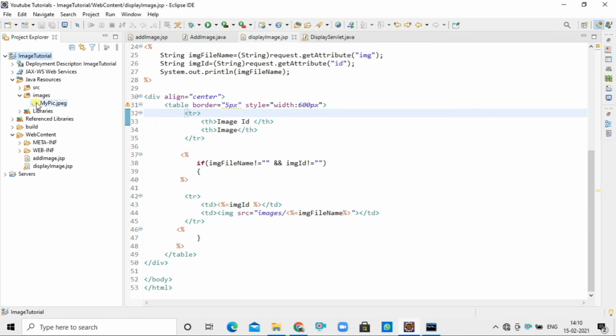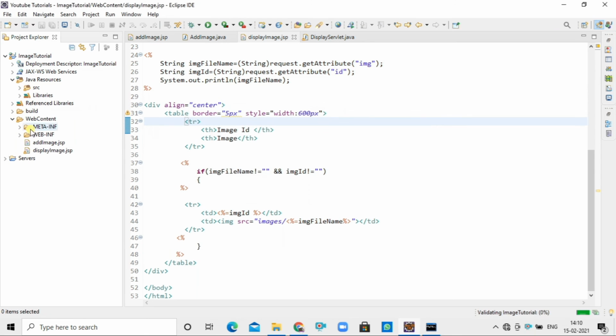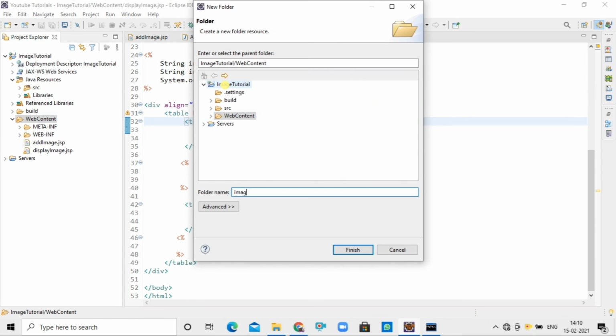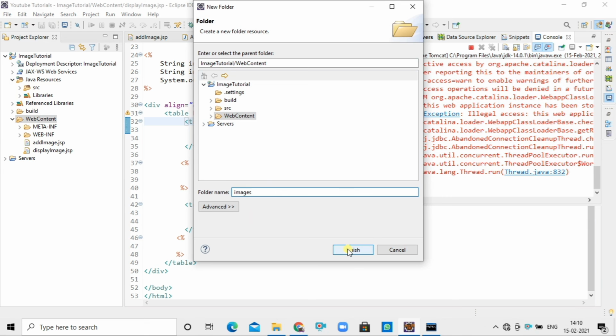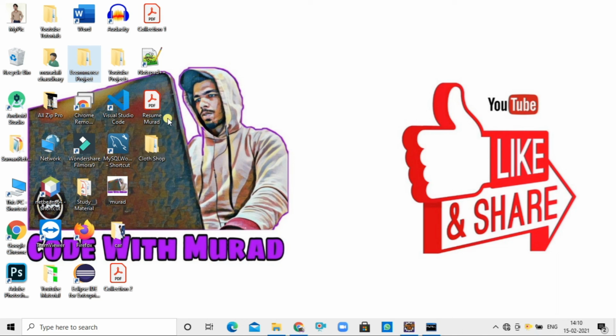Let's do one thing. Let's create this images folder inside WebContent. So deleting this images folder from here and creating it inside WebContent. And inside this folder I will put that mypic.jpg image.